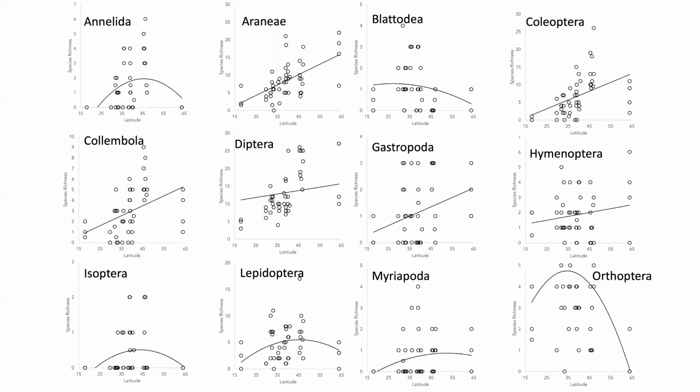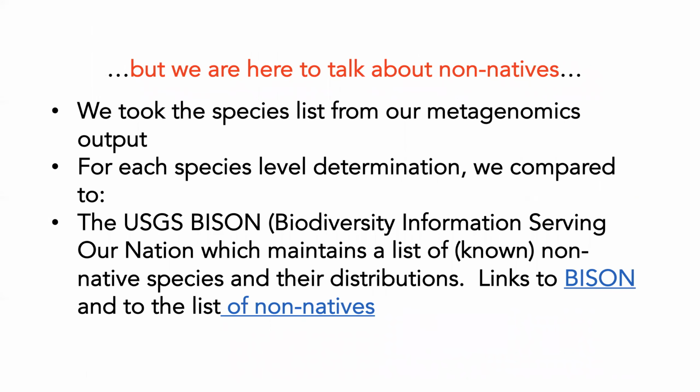And once again, I'm not going to get too far into this other than to say, out of these 12 taxa, none of them showed the traditional latitudinal gradient in species richness, which would be a significant and negative relationship between diversity and latitude. And 7 of the 12 showed a significant reverse gradient in species richness. And now we will talk about the reason I was invited to talk to you all today.